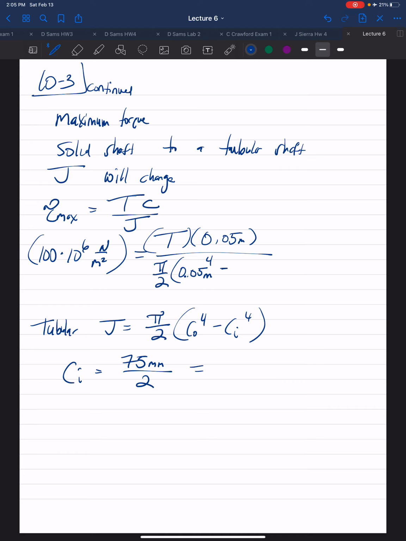And this corresponds in meters as 0.0375 meters, or 37.5 millimeters. So plugging that back into our equation, 0.05 meters to the 4th power minus our 0.0375 meters to the 4th power